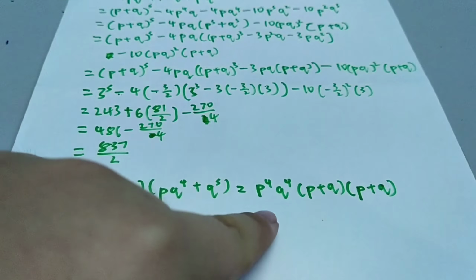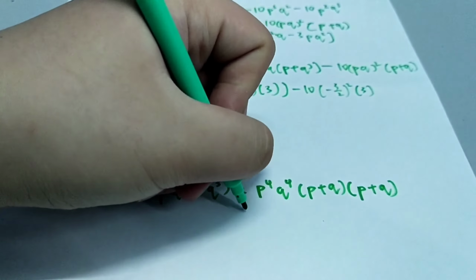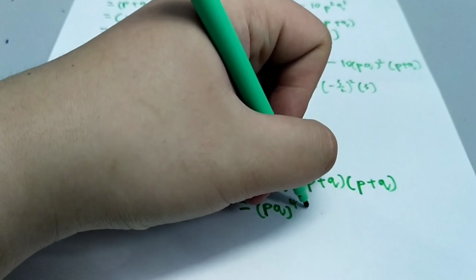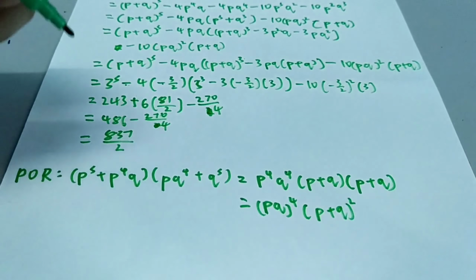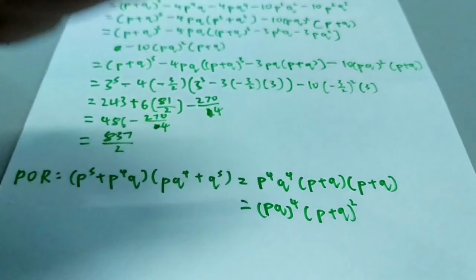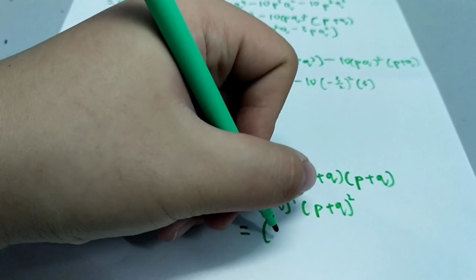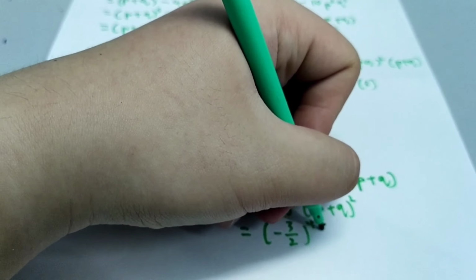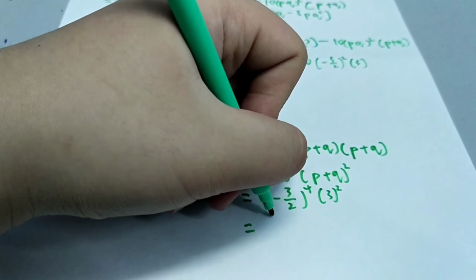Then this you can simplify, and this here you also can simplify, which is pq bracket power 4 times p plus q bracket square. Then plug in the value of p plus q equal to 3 and pq equal to negative 3 over 2, which is equal to negative 3 over 2 power of 4 times 3 square, which is equal to